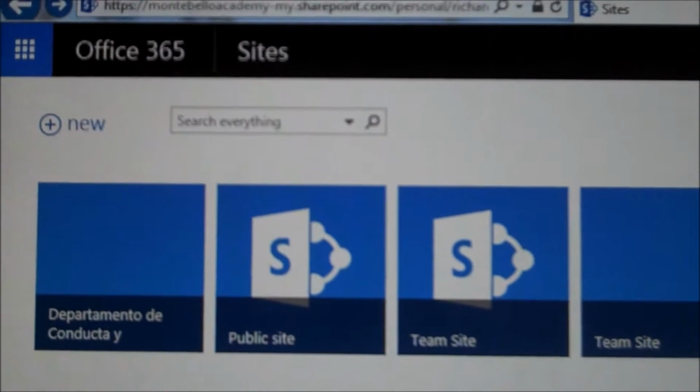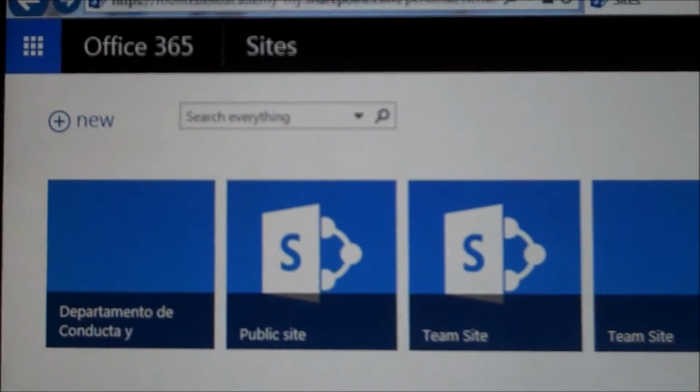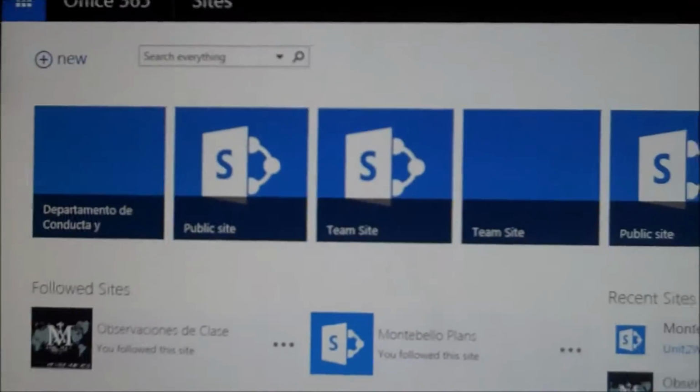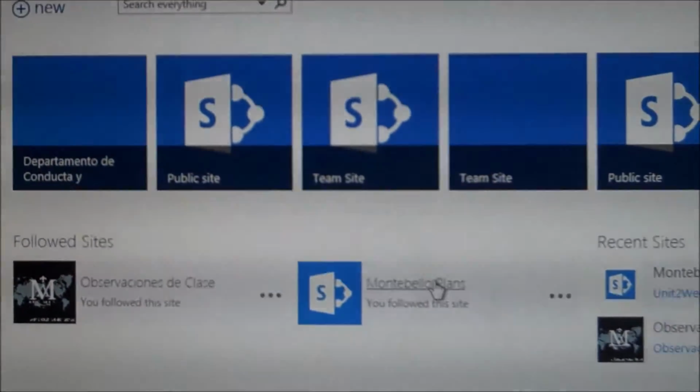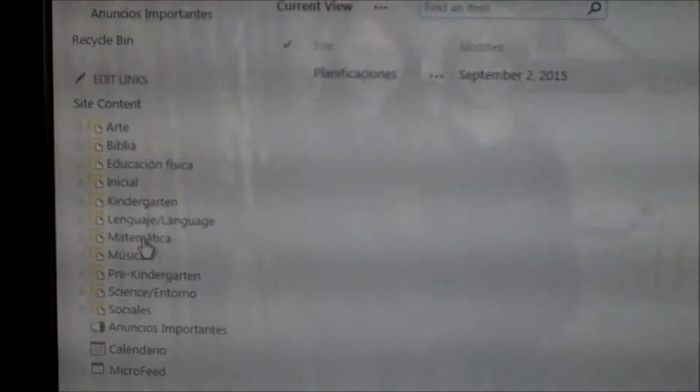Using the Sites app is actually extremely easy. We used it for both of our sites that we made, which are Montebello Plans and Class Observations. In the Montebello Plan site, we were able to go in and create it using just a few different folders that we could have them upload their plans, as well as a calendar of activities. Once you go into these different folders, you're able to actually go in, see the plans that were uploaded,